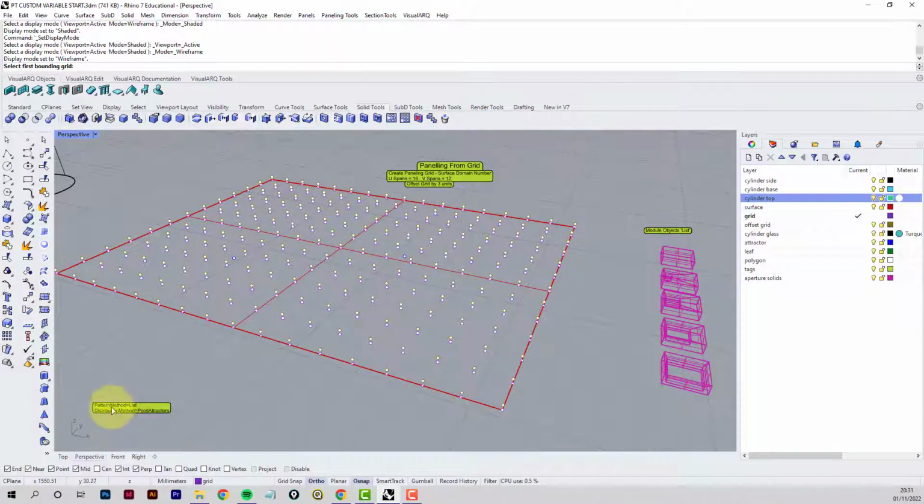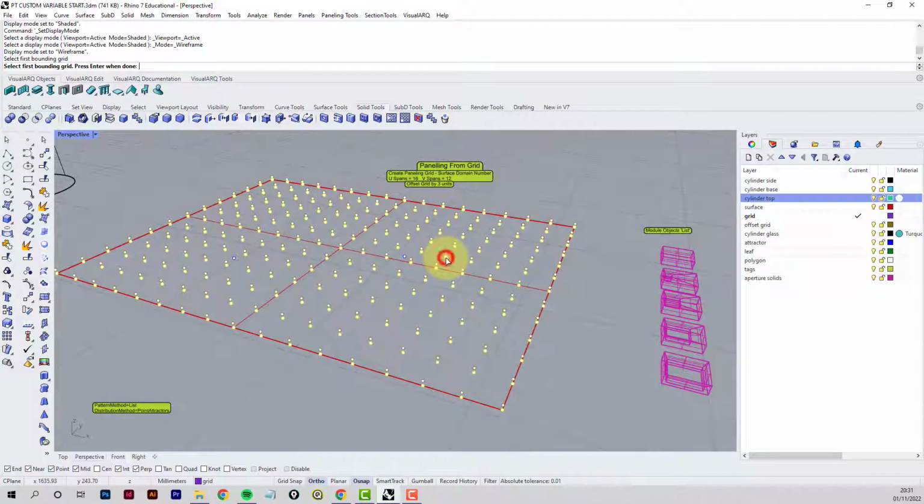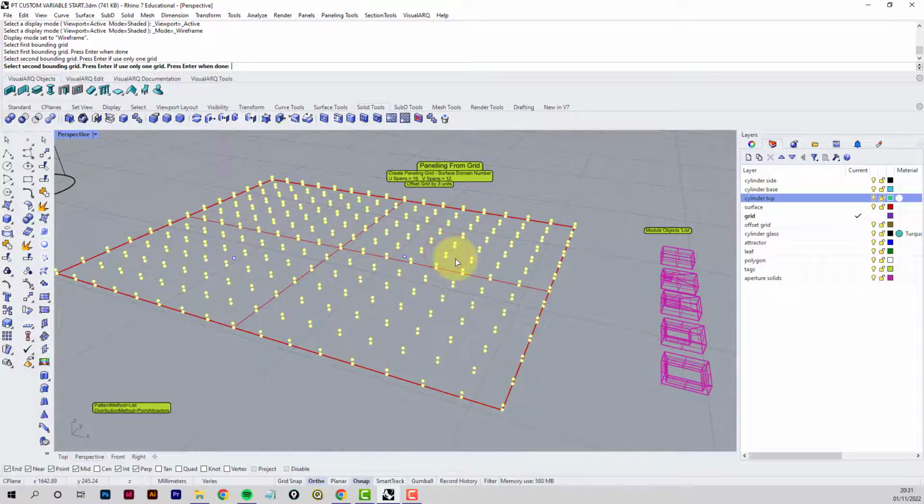Okay, first grid is the lower one, enter. Second grid, the upper one, enter. Okay,